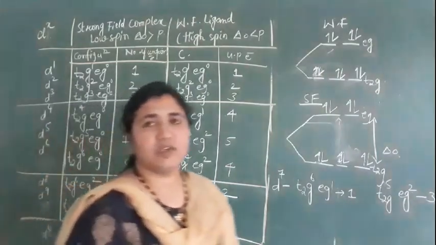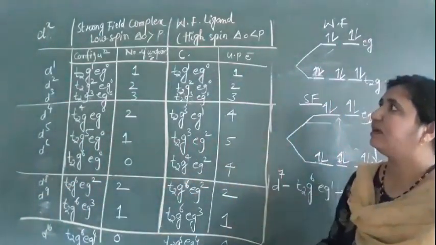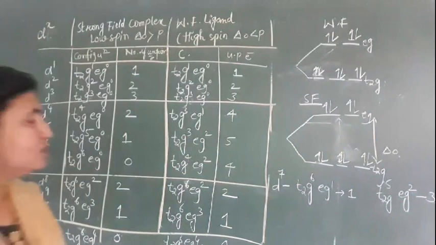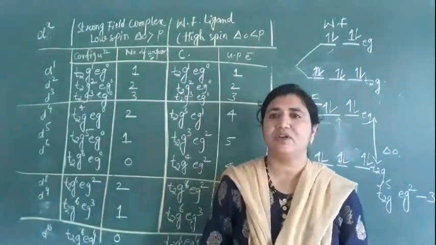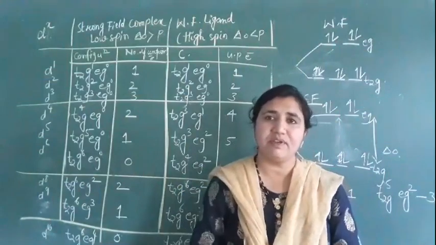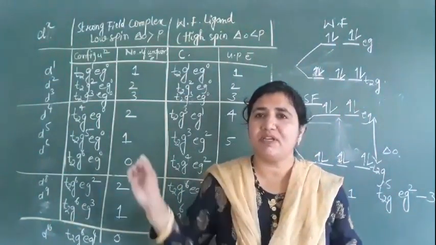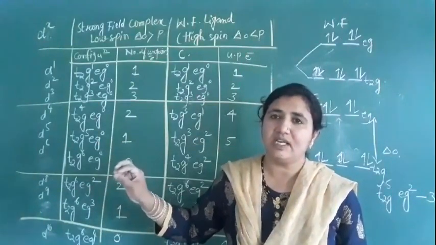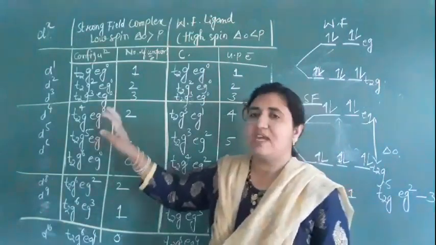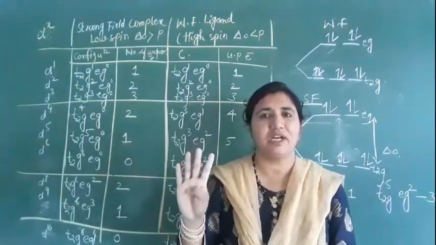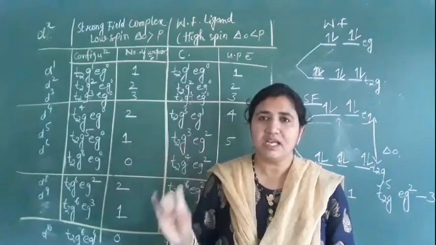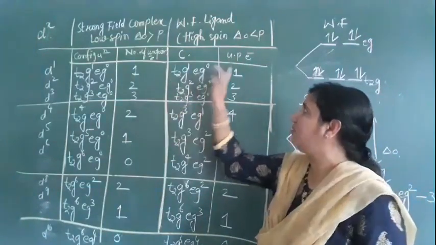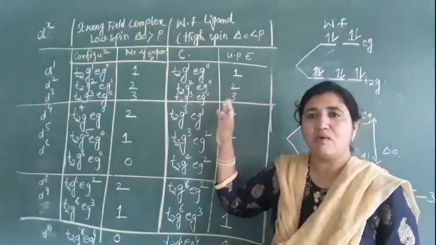So like this you can write the electronic configuration for strong field and weak field ligands. If you can write the electronic configuration for crystal field splitting for strong and weak field ligands, you can solve many problems based on this. You should be perfect in that. It's very easy. For d1, d2, d3 it is the same. We have 6 electrons in t2g and 4 electrons in eg in total. So d1, d2, d3 are the same for both, and the number of unpaired electrons is 1, 2, 3.